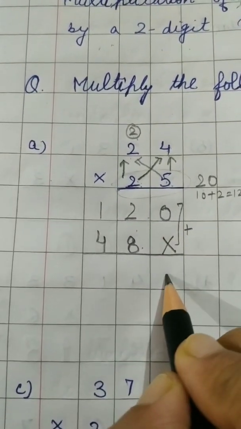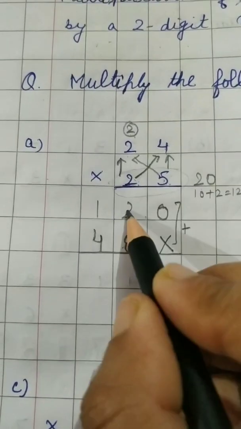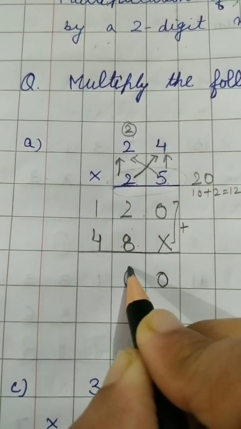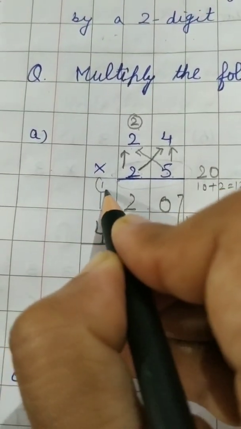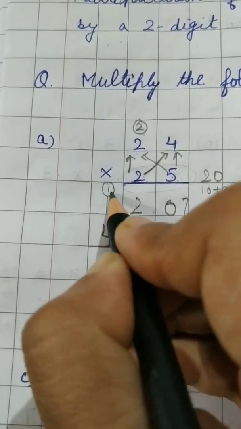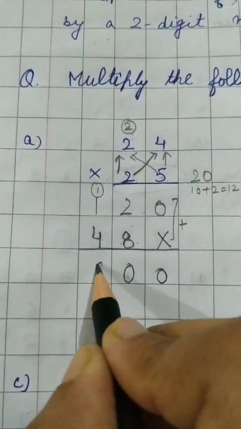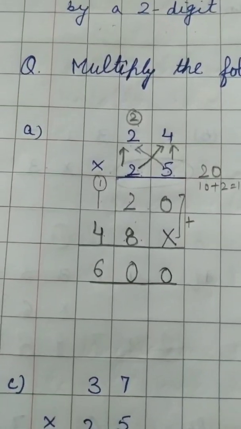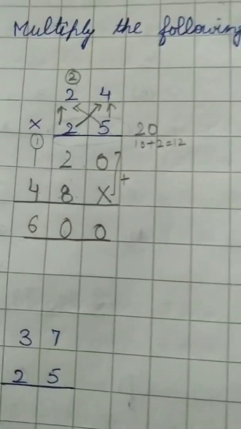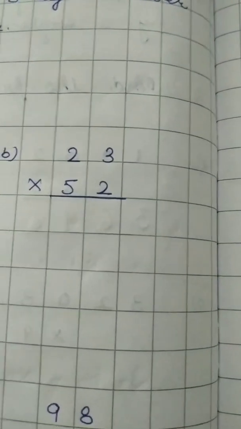0 plus nothing, 0. 8 plus 2, 10. 0 will write here and 1 will be carried to the next column. 4 plus 1 plus 1, 6. So answer is 600. Okay. Now B part is your homework. Okay. C part will do